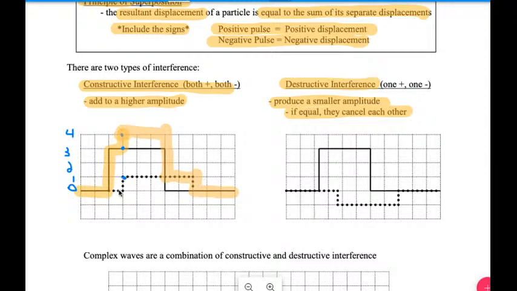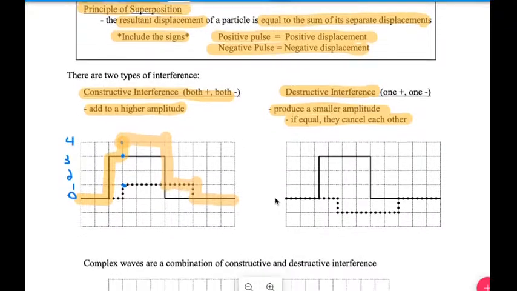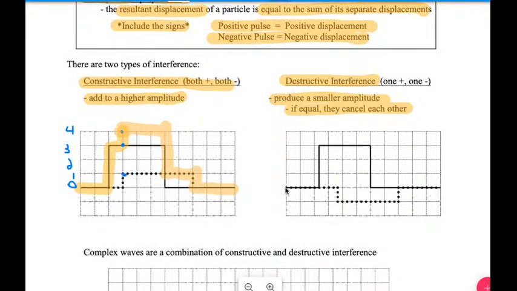Right? We're going to look at every point, if this is thought of maybe as our time axis on the bottom. As time goes by, we're going to add together the displacements and get this resultant wave, this superposition. All right, and with negative, we can use the same, and here we would have -1,